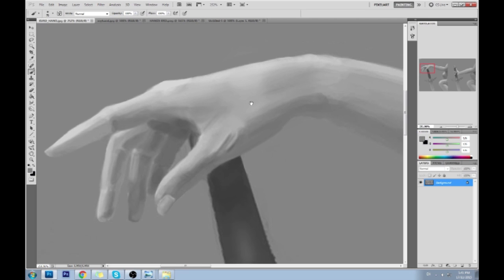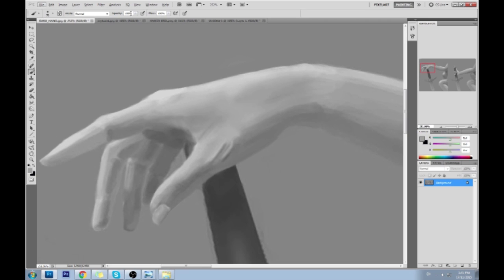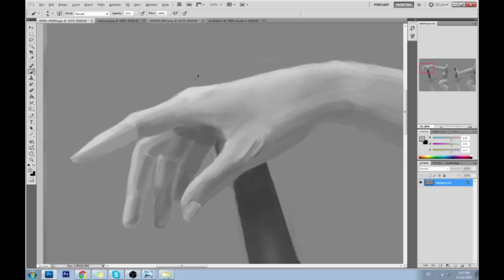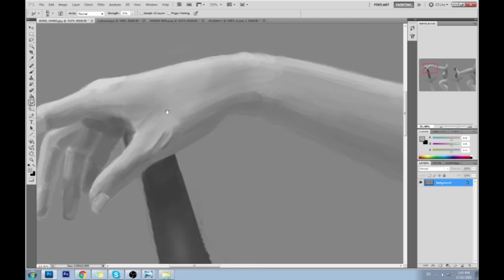And something that I learned from master studies and from watching people do master studies is that when they are doing edges that are bone, they don't blend. They use a very, very sharp edge. But when they are doing edges that are fatty, like the edge of a cheek or the edge of the palm here, they make it very, very soft. And that's such a tricky little trick they do. But it's really effective. It's effective in creating a